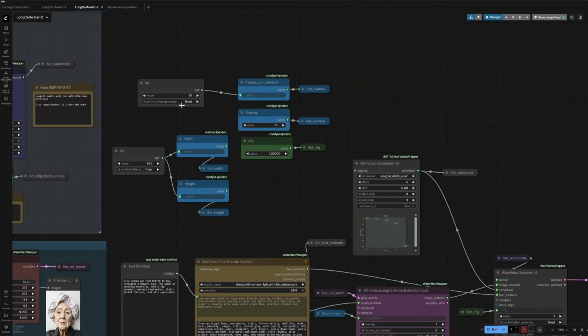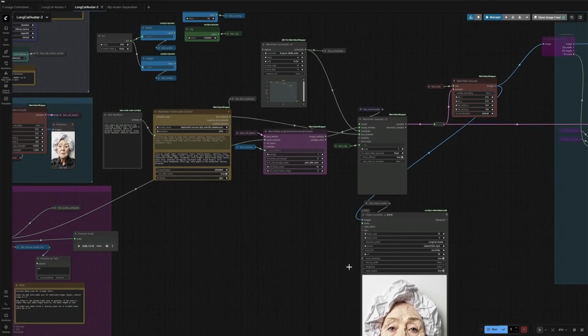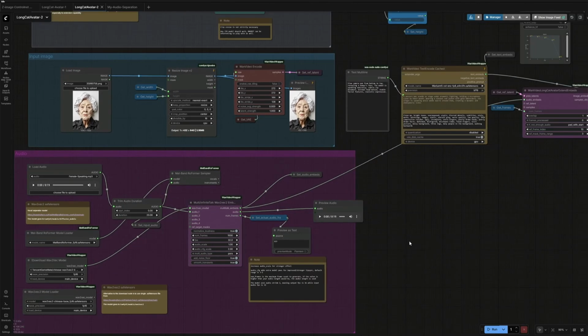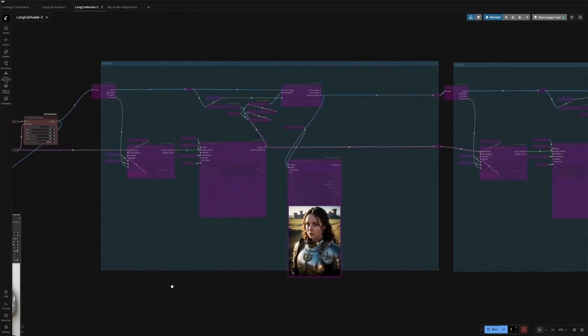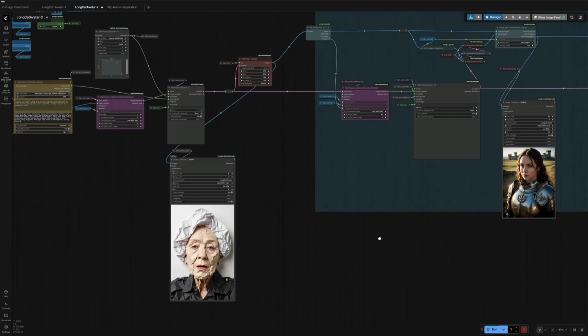So this has a total of 81 frames, 16 frames a second. The audio given here has a length of 19 seconds, and 5 seconds of the same has been used to generate the paper-style woman. You can ignore this. I was testing the workflow to make it work on a system with smaller memory. I will activate these node groups, and now the audio file will continue after the first 5 seconds.